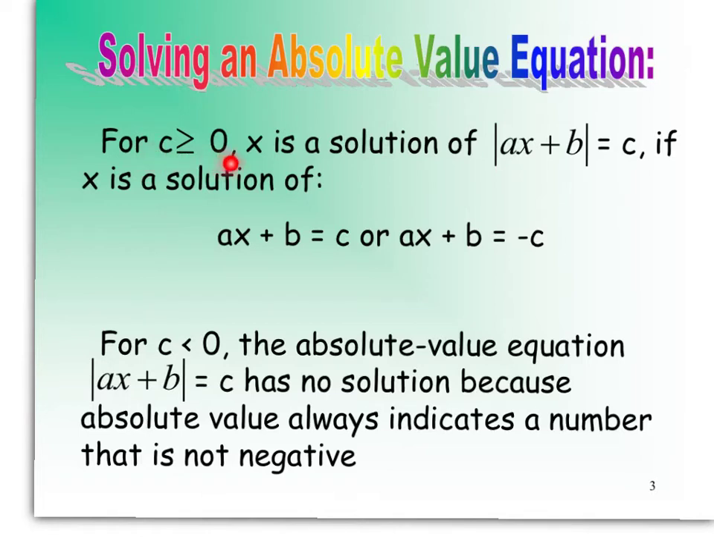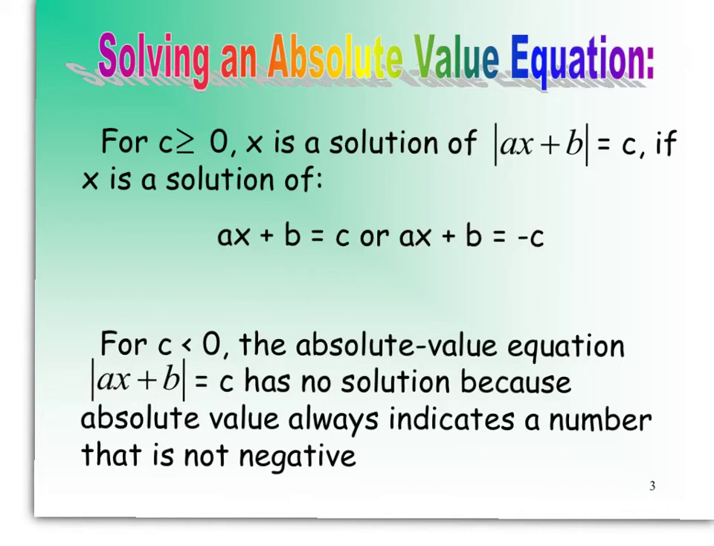So for values of c that are greater than or equal to 0, so that means this c value is either 0 or anything larger than 0, so 0 or a positive number, then if x is a solution to this equation, ax plus b equals c, or ax plus b equals negative c. Those are going to be the two types of equations that we set up, one that looks like this, one that looks like this, and then we're going to solve each one separately